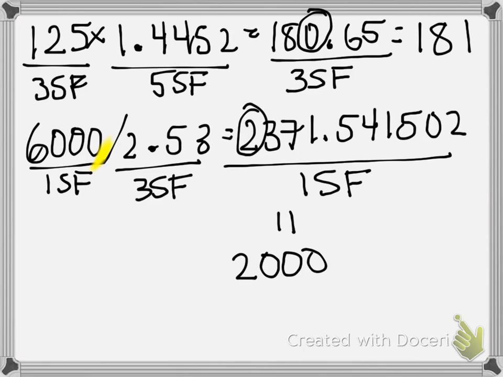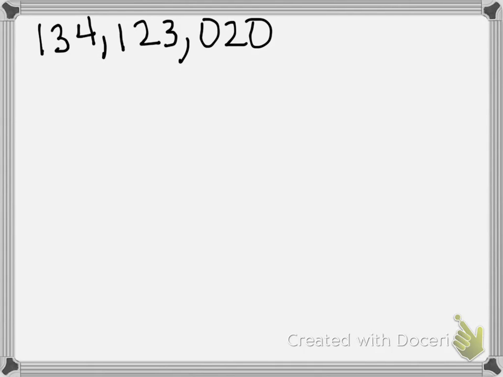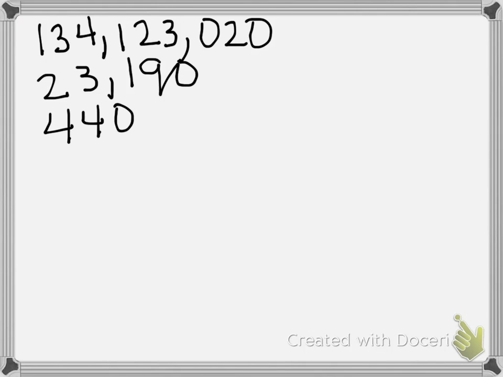Next you saw about rounding to a decimal place and asking you to round numbers to certain places. For number 8, you should have had 134,123,020 for letter A. For letter B, you should have had 23,190. For letter C, 440. And letter D, 2,950. This is because, again, this is the tens place, and it was asking you always to round to the tens place. When you add and subtract, which we don't do nearly as often in chemistry as we do the multiplication and division,